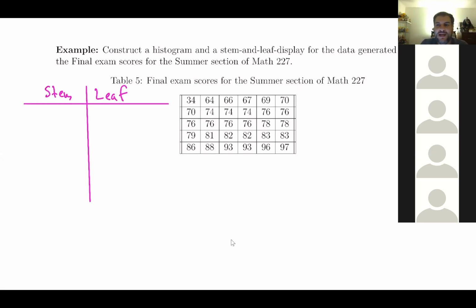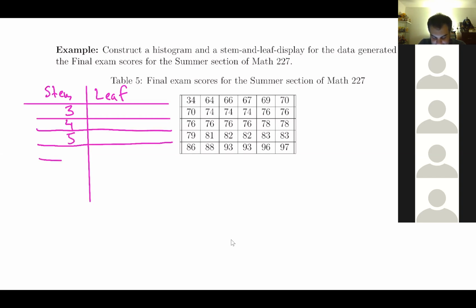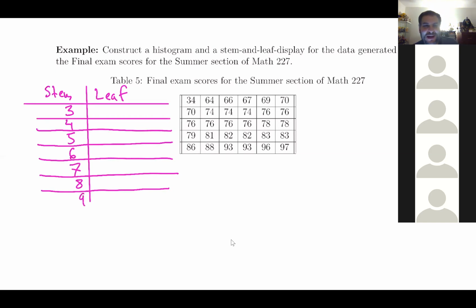All right, so for my stem portion, since all of you should be experts in stem and leaf plots by now, what should I put for the lowest number for my stem? Good, 3. What should be the highest number for my stem? 9, good, perfect. So we'll say this is 4, this is 5. For my stem, we're going to start at 3 and go all the way down to 9, perfect.